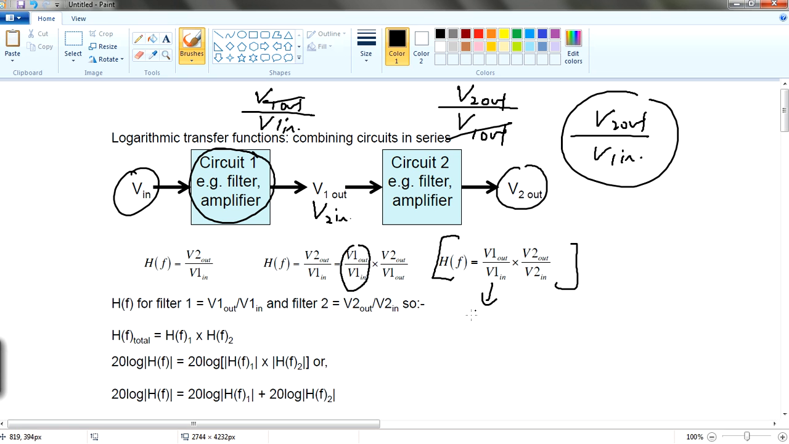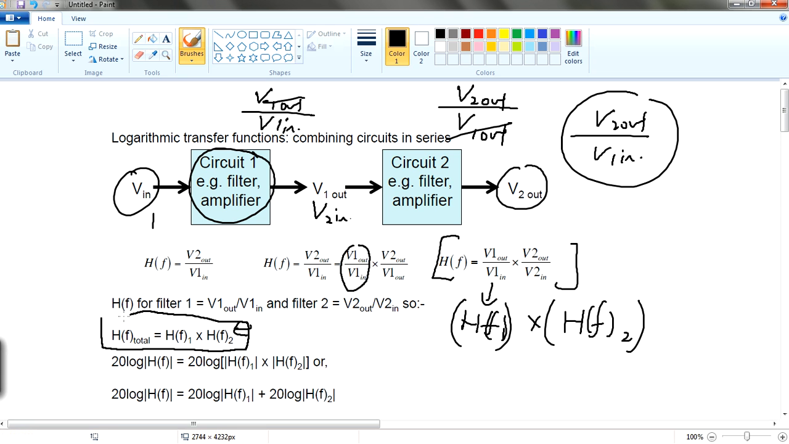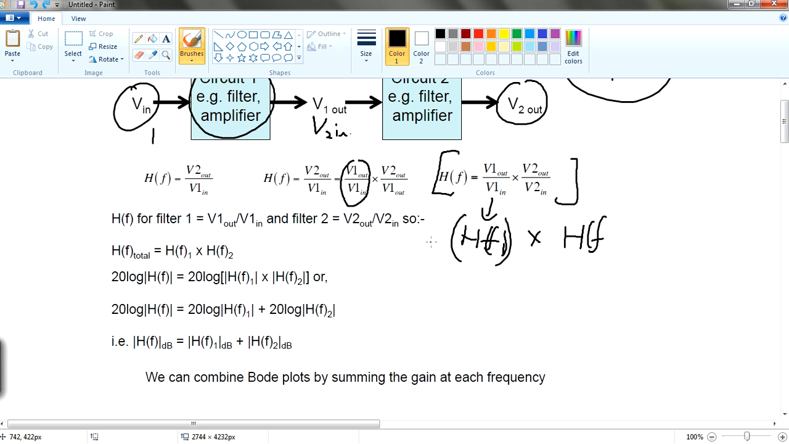So this is H1, the transfer function of the first one, multiplied by the transfer function of the second one. This explains why we have this function over here. The transfer function total is simply the multiplication of the two transfer functions. So what do you want to find? You want to find the transfer function of the